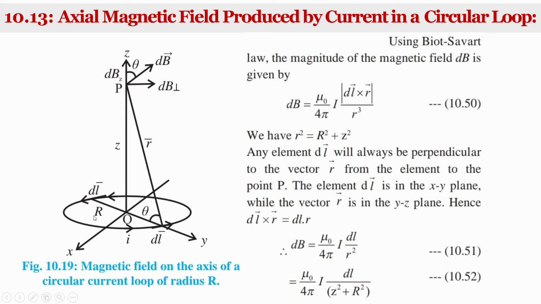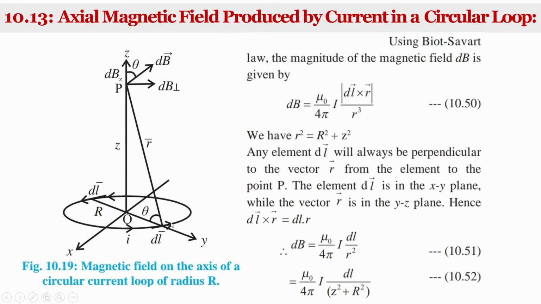Then R is the radius of the loop carrying the current I. In that case we can calculate the magnetic field produced at point P on the z axis. So this is the z axis, and on the z axis we take the point P, and at point P we calculate the magnetic field. This point P is situated at a distance r from